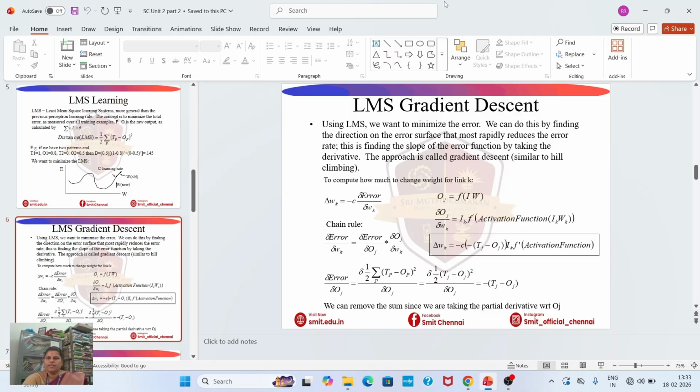Then the change in weight is the learning rate times the slope of the error. There is a negative sign because we move opposite to the slope to reduce error. Since error depends on output and output depends on weight, this is called the chain rule. From the error formula, the derivative of error with respect to wk equals the derivative of error with respect to oj times the derivative of oj with respect to wk. So finally, delta wk equals